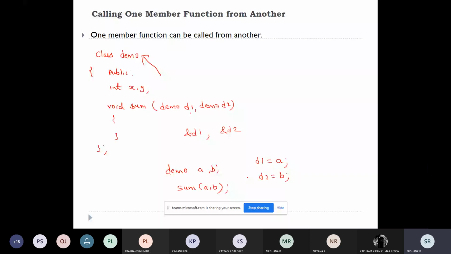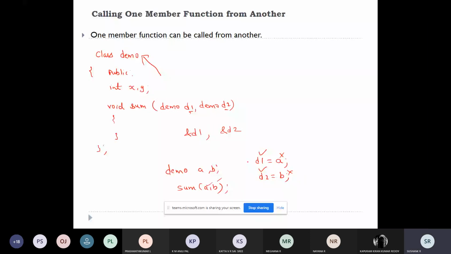Any changes which you are making to d1 and d2 will not get affected in a and b, because you're just copying the things and then performing the operation.